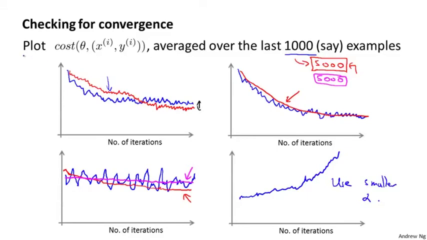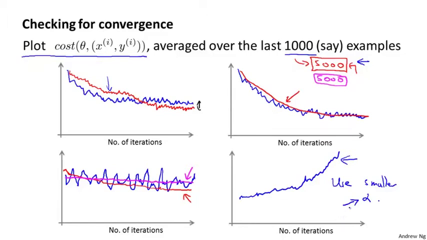So hopefully this gives you a sense of the range of phenomena you might see when you plot these costs average over some range of examples, as well as suggest the sorts of things you might try to do in response to seeing different plots. So if the plot looks too noisy, if it sort of wiggles up and down too much, then try increasing the number of examples you're averaging over so that you can see the overall trend in the plot better. And if you see that the errors are actually increasing, the costs are actually increasing, try using a smaller value